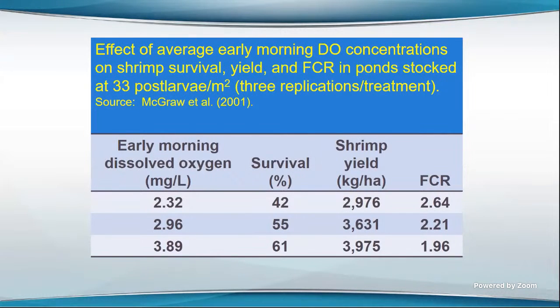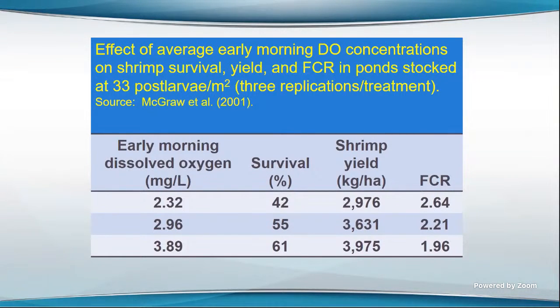Now here's some data of shrimp yield where they managed to have different early morning dissolved oxygen concentrations. It was set up to try to maintain 2, 3, and 4, but it couldn't quite be achieved. They got 2.3, 2.96, and 3.89 as the average, and you can see the survival and the shrimp yields and the FCR. And that's not a particularly good FCR, even at the high oxygen, but this was done a long time ago, and not as much was known about feeding shrimp. But anyway, the principle you can see in this study is that if you maintain better oxygen, you'll get better yields